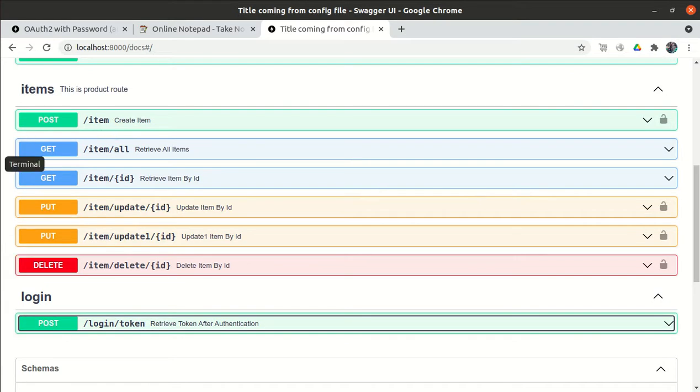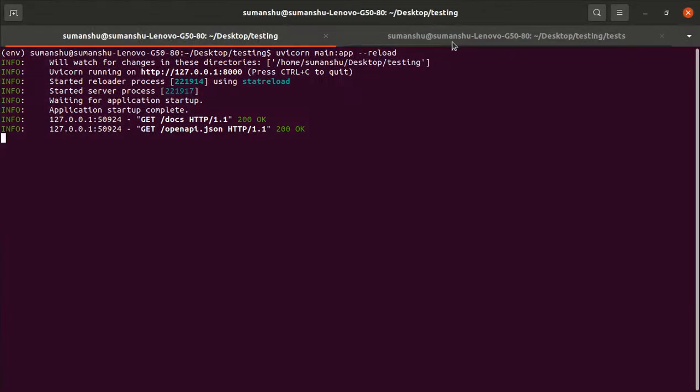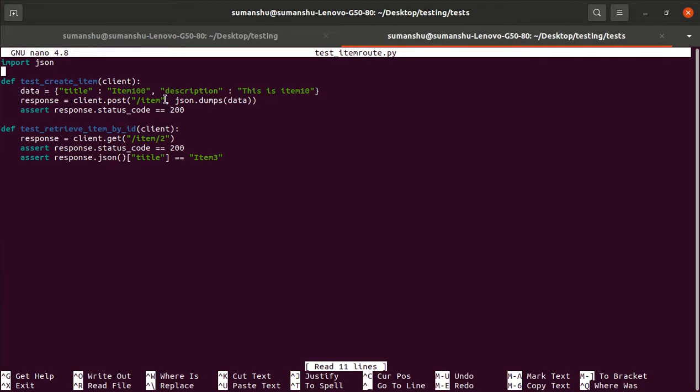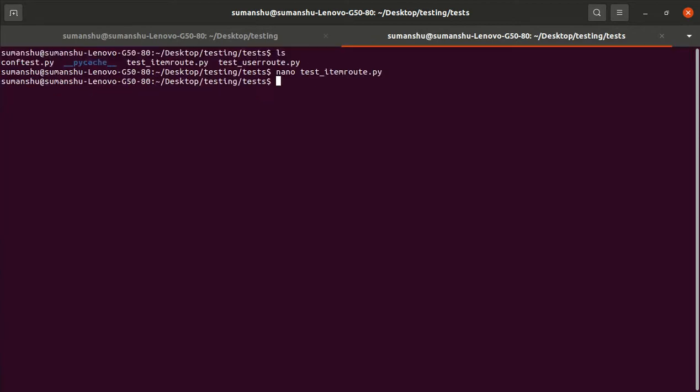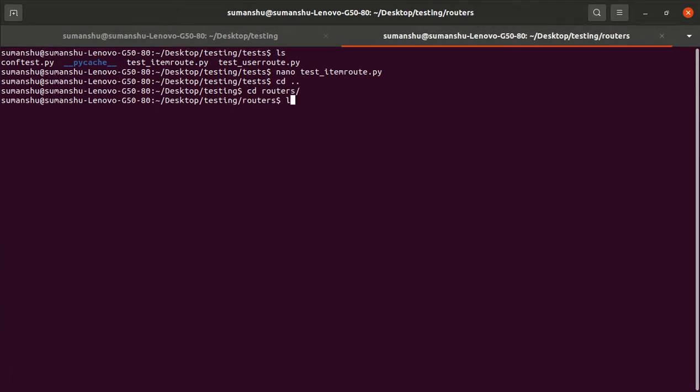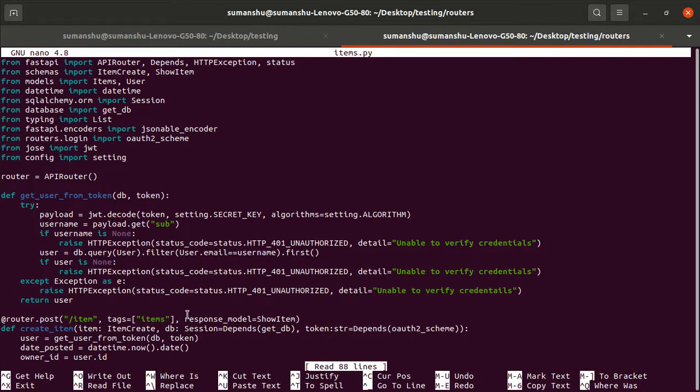So the same token should be passed into our test cases, but in our test cases the token is not passed, right? When we did it from the front end, the token got passed, not automatically, but we have passed it. So let me show you as well. cd routers, ls, nano item.py file. So you could see we are passing the token along with the data.